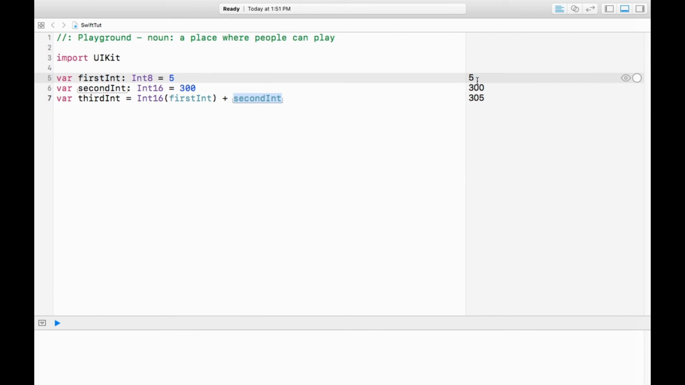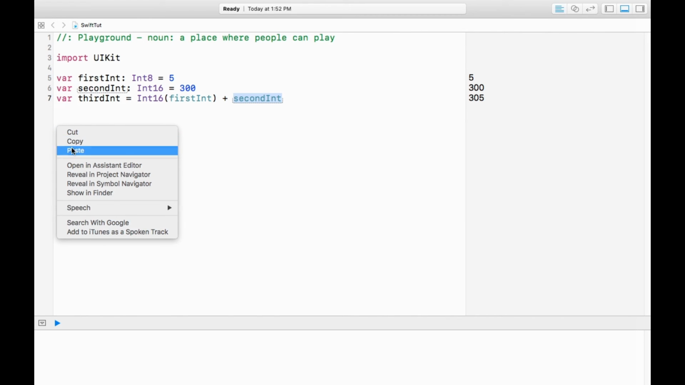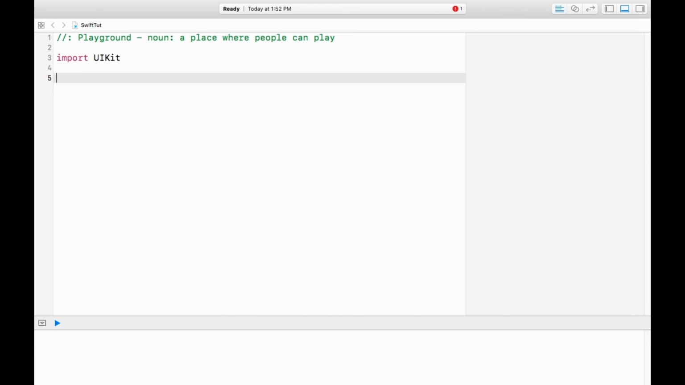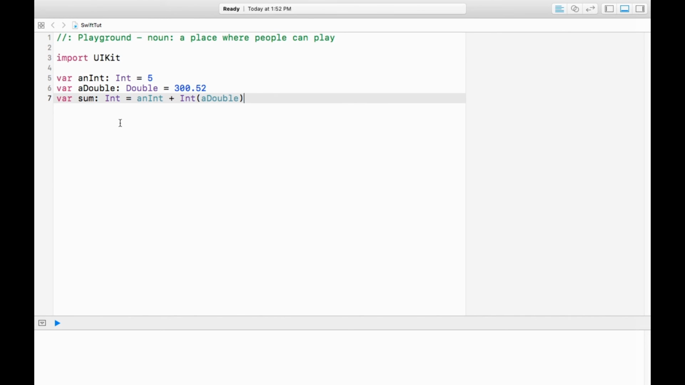5 is the value of first int, 300 is the value of second int, and the value of third int is correctly calculated by Swift to be 305. So this was an example of integer to integer conversion. Next, let's have a look at an example of conversion of a double to integer. So here's the example. So we have three